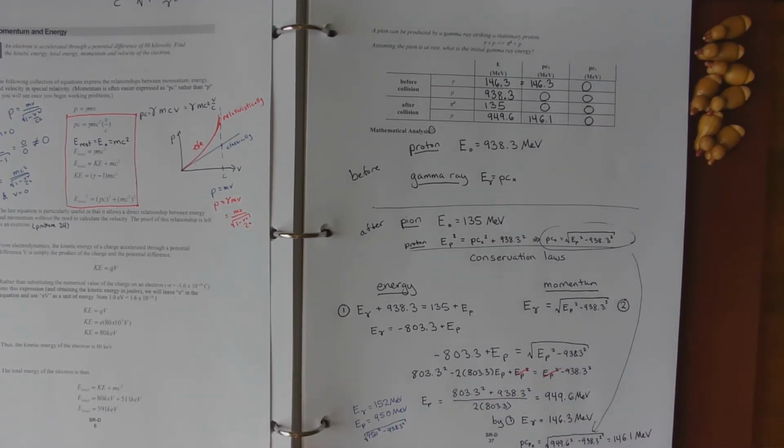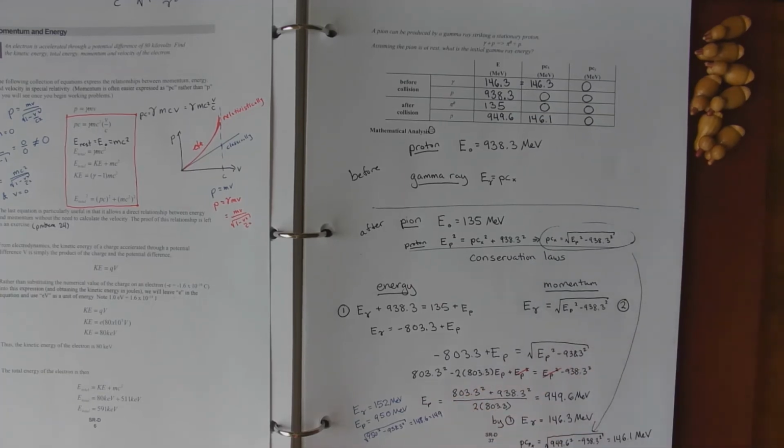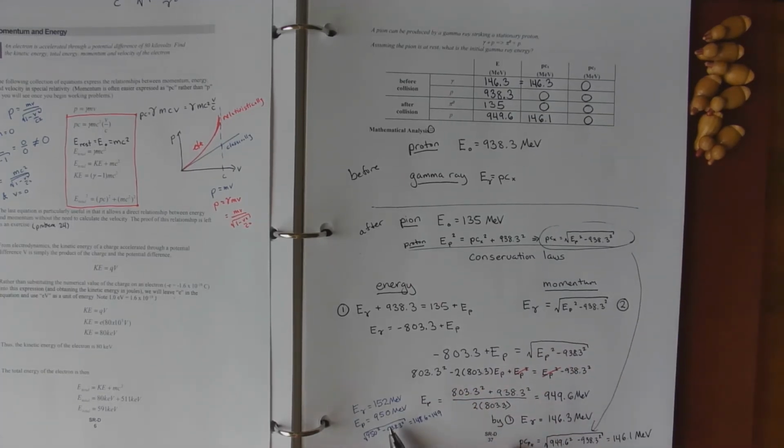So that's 950 squared minus 938.3 squared, and then I get 148.6. Oh, that rounds to 149. Okay, but since we only used 3 significant figures for the energy of the proton, let's